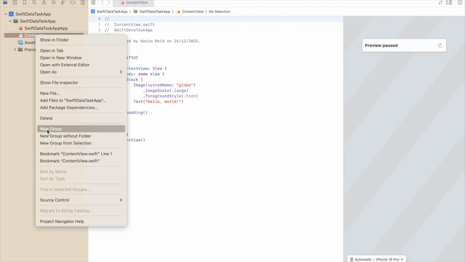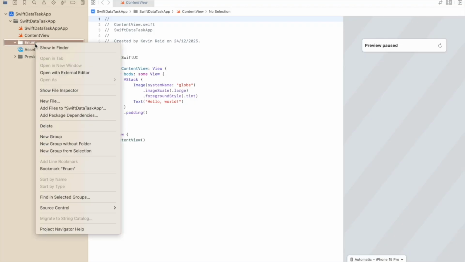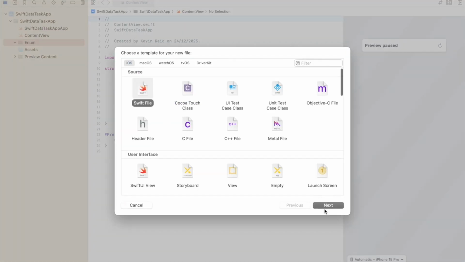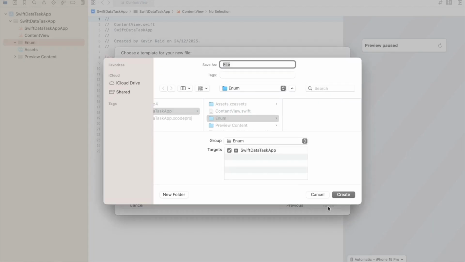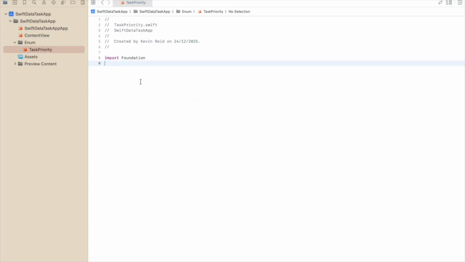So we'll create a new group, name the group enum, and then create a new Swift file and name the file task priority, and then enter the following: